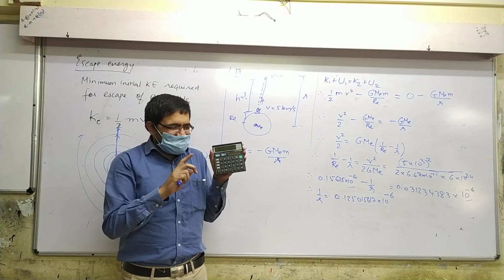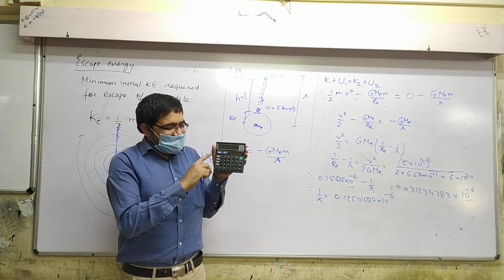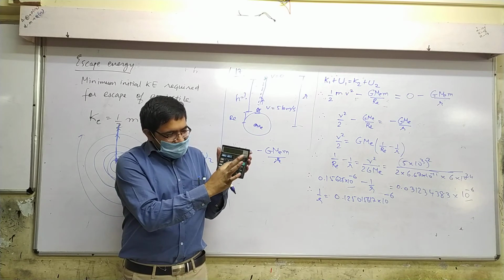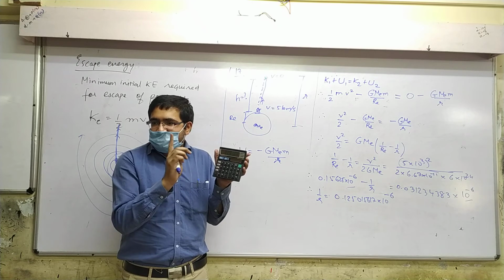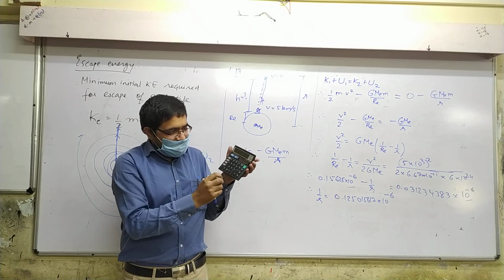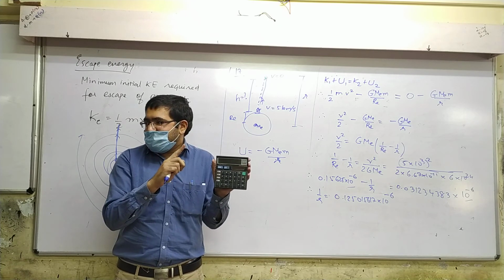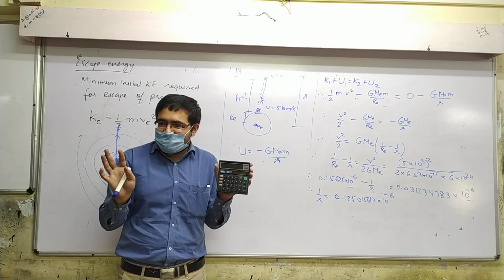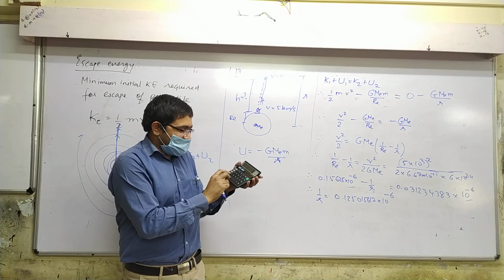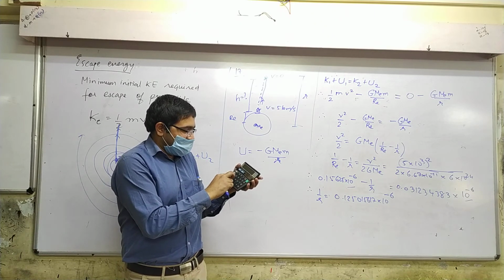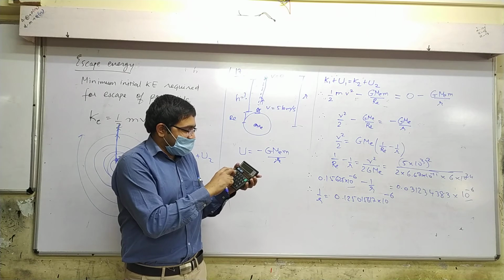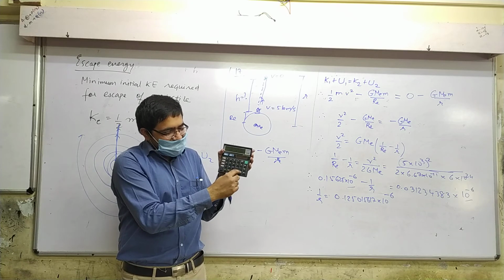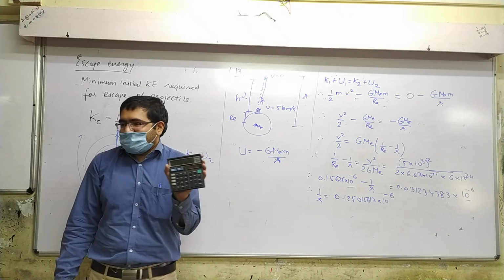Look here. Almost all calculators work this way. Whenever you want to take the reciprocal of a number, type the number, press divide, press equal to, and you get the reciprocal. Just divide and equal to. Don't press anything else in between. I will repeat. We have to find the reciprocal of 0.125015617. Press divide, press equal to and you get the reciprocal.